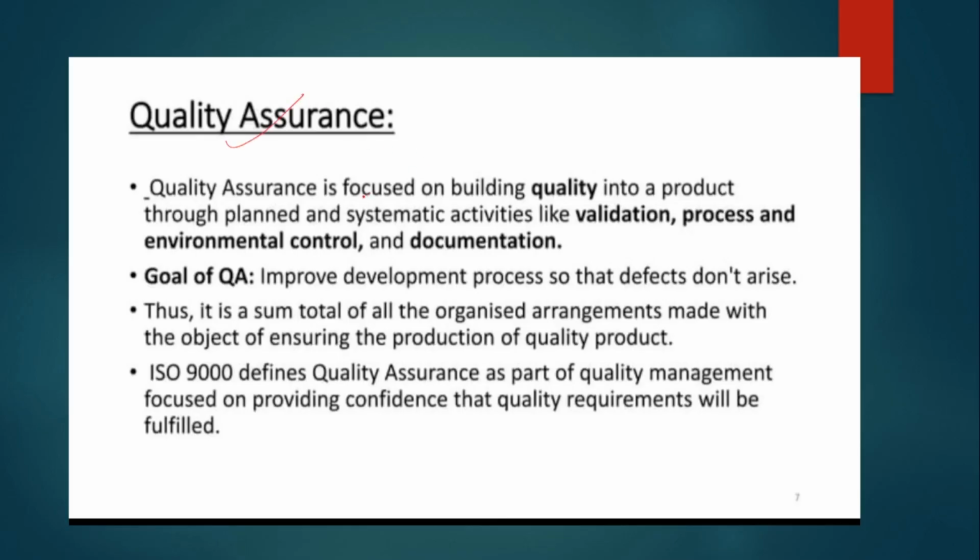Quality assurance. It focuses on building quality into the products through planned and systematic activities like validation, process and environmental control and documentation. The goal of QA is to improve the development process so that defects don't arise. Thus, it's the sum total of all the organized arrangements made with the object of ensuring the production of quality product. ISO 9000 defines quality assurance as part of quality management focused on providing confidence that the quality requirements